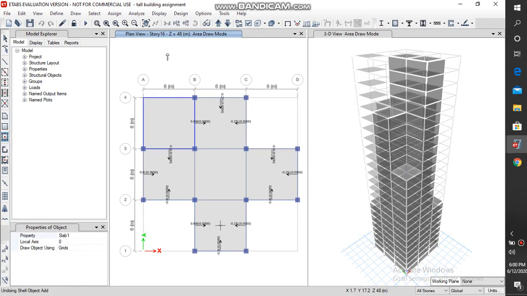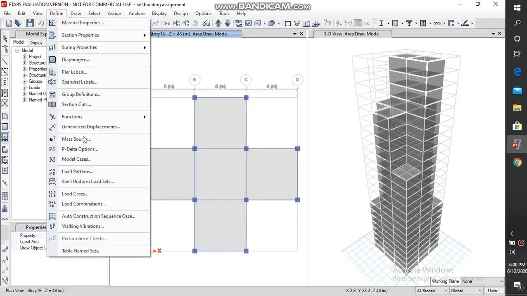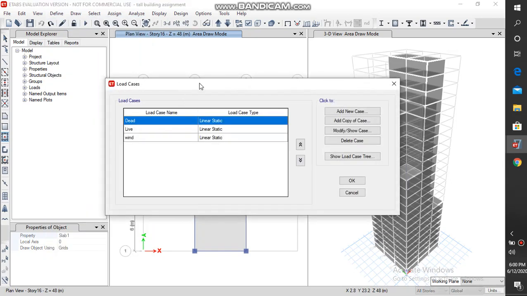Then the next step is assigning. So basically, we have assigned three loads. I'll show you the loads. Load cases. See, you can see we have assigned dead load, live load, and wind load.